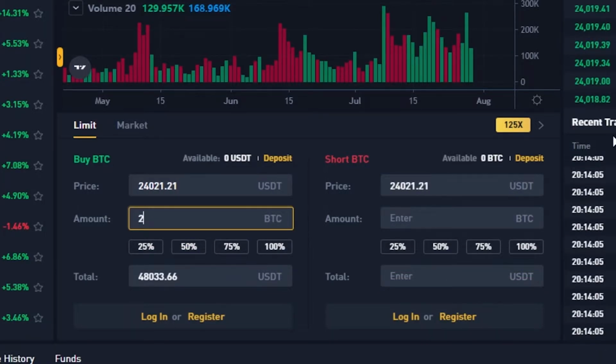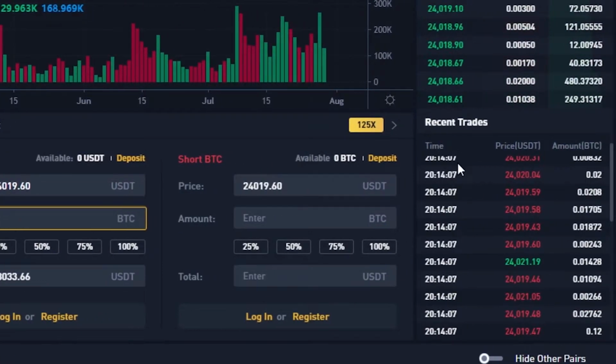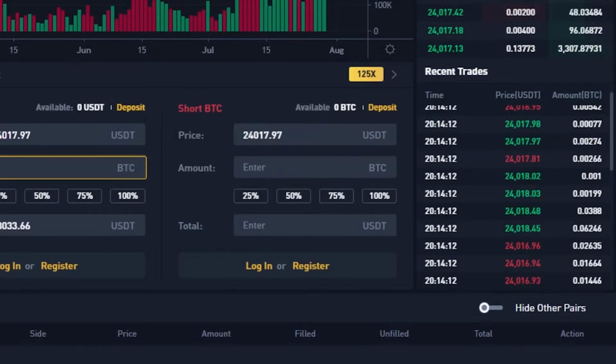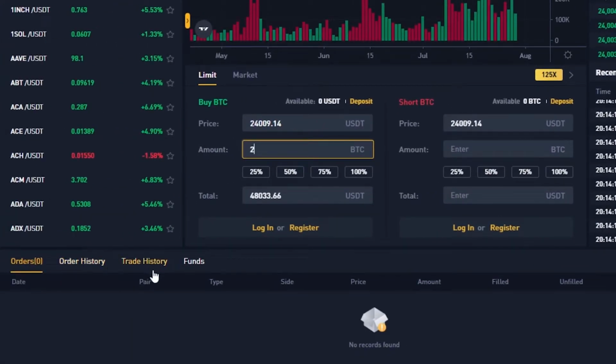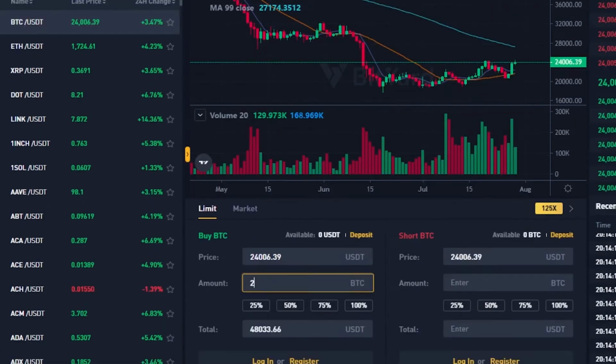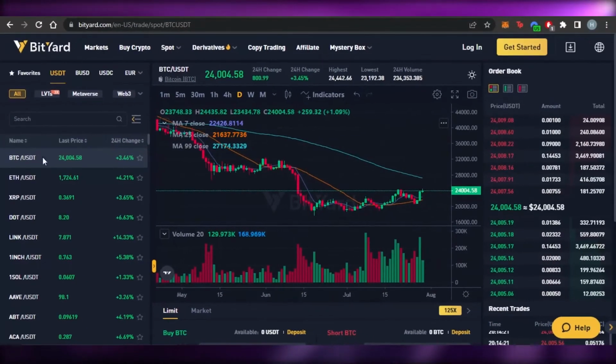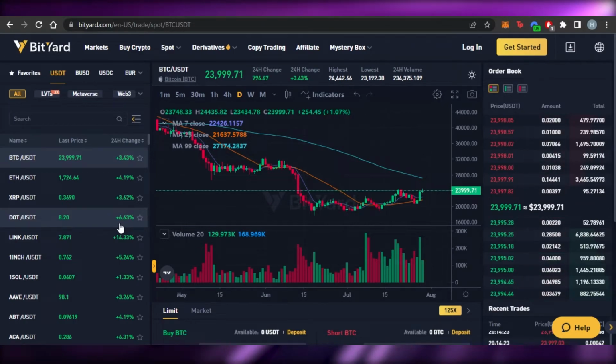When it comes to the recent trades, you will be able to find them right here. We have the time given, price, and amount. So this is what the recent trades look like, and I will also be able to check my history right here, my order history, trade history, and funds. So this is the look of Bityard, and you can just open up any of the different coins